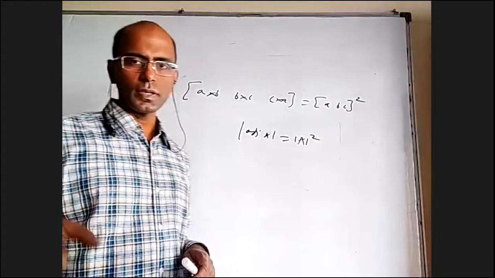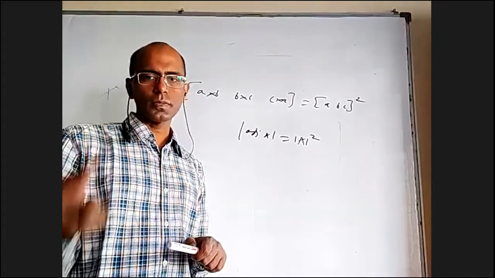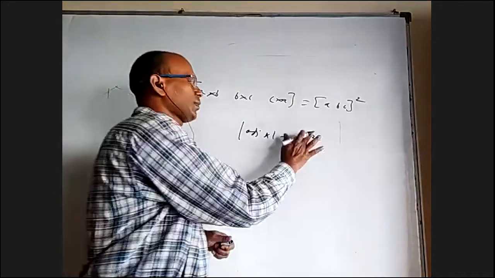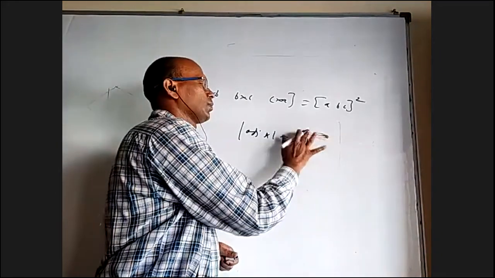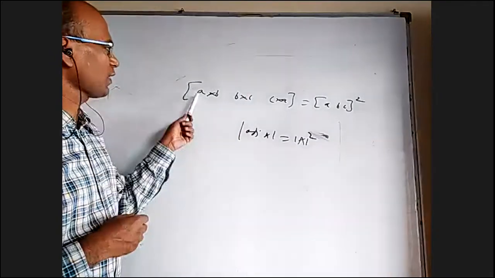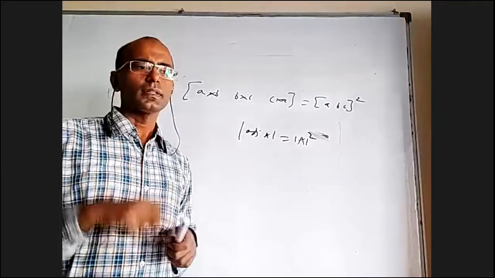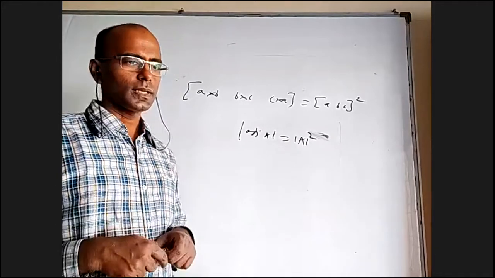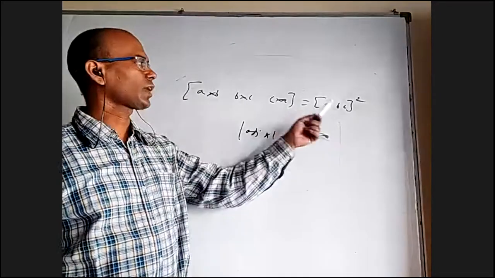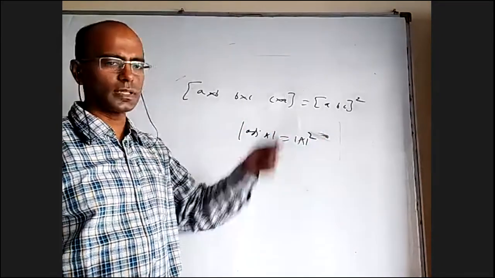The determinant of the cofactor matrix or adjoint matrix is the square of the determinant of the original matrix for a 3 by 3 matrix. For an n by n matrix, I would have said n minus 1, but here it is square. It is exactly the same, because when you find A cross B and look at the elements, they are actually cofactors of C in this. Similarly, when you find B cross C, the elements will be cofactors of A in this, and B in this.